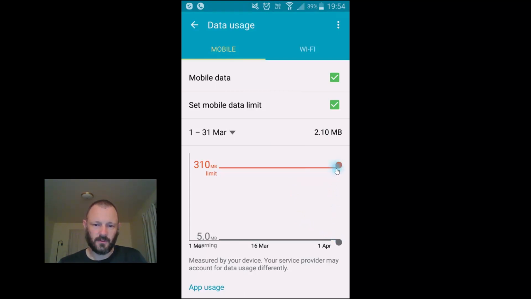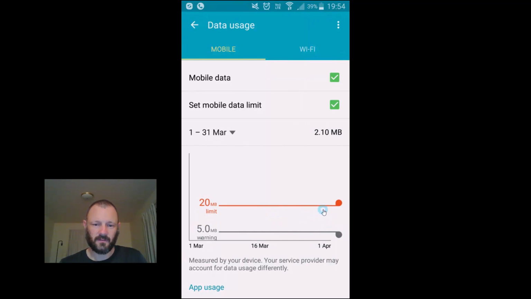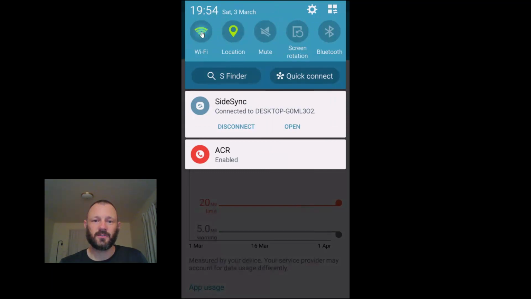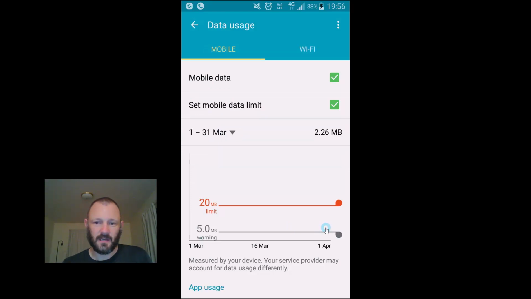So what we'll do is I'll bring it right down just so you can see what happens when I go over. So if I was to, we got 5 megabytes warning, 20 megabytes limit. So if I was to turn the Wi-Fi off, because at the moment I've got Wi-Fi on, so I will just turn that off. So a warning will come up at 5 megabytes, and it will stop downloading anything at